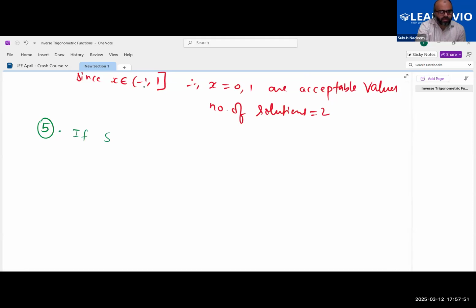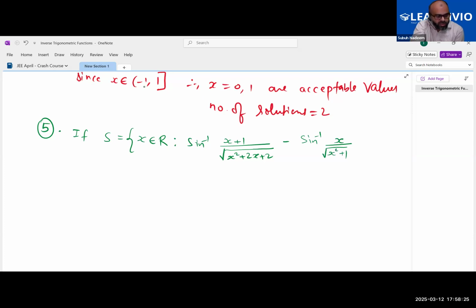If S is a set which has x as an element, x belongs to real numbers, such that sine inverse of x plus 1 upon square root of x square plus 2x plus 2, and then minus sine inverse of x upon root over x square plus 1 is equal to pi by 4. Then